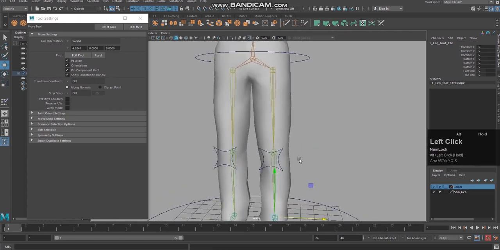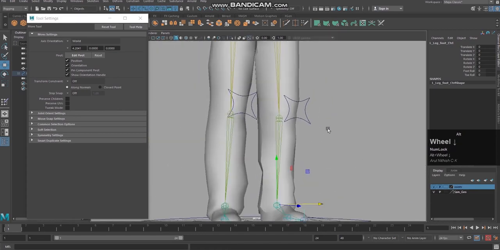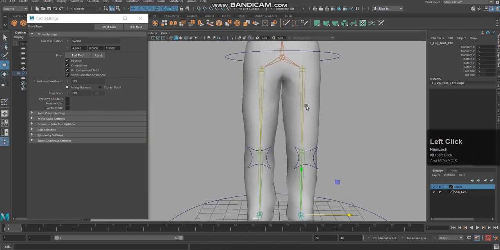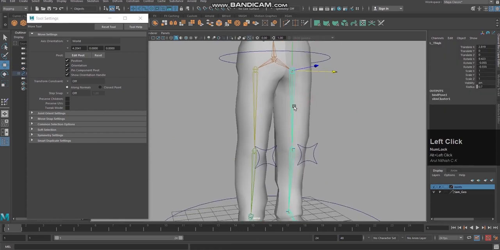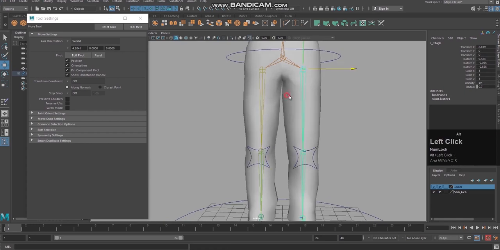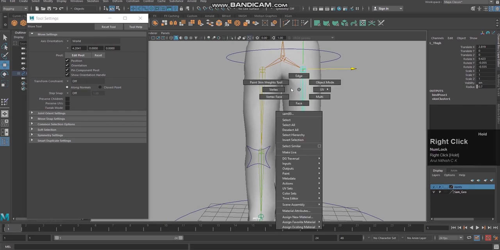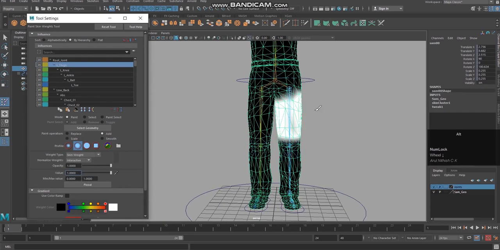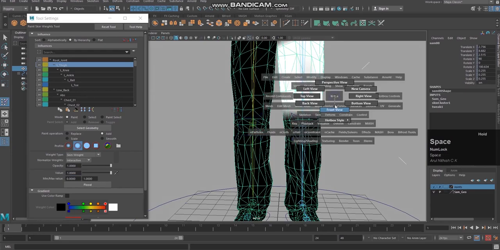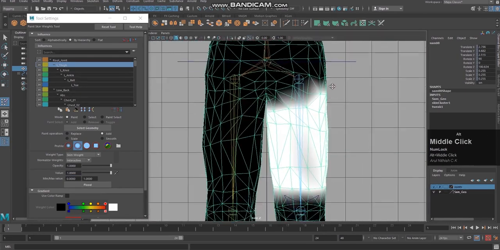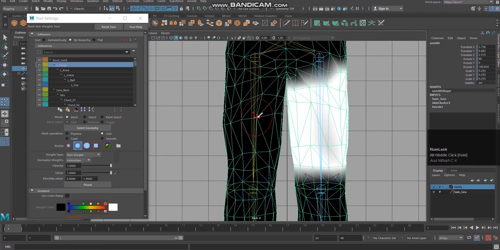Now what I need to do is remove or recheck the values of this bone in this area. I need to remove the influence in this area. So again I'm going to paint skin weight, come to front. Now I'm going to use shift. Here I am going to make it replace. Shift, and I am going to paint it.